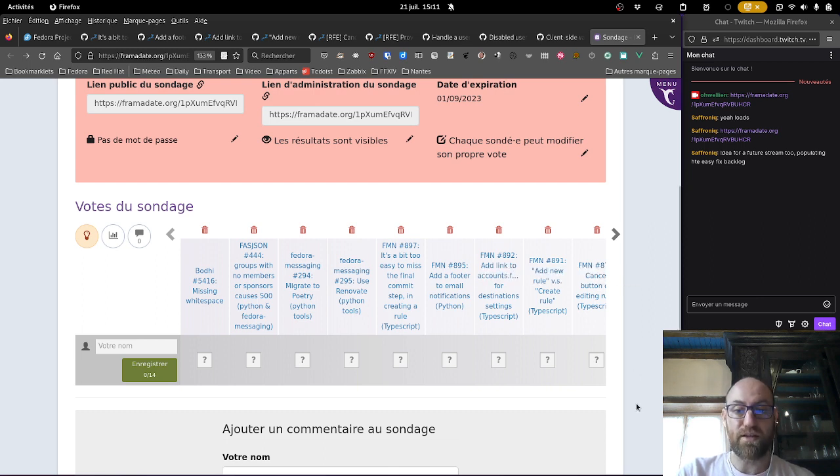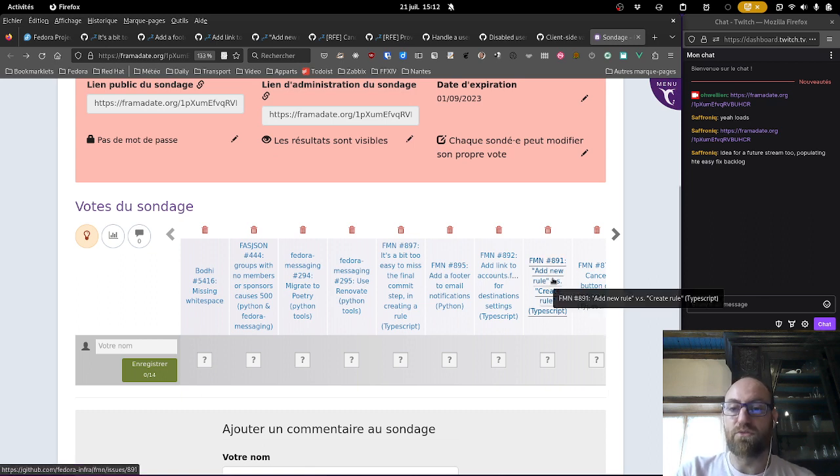All right, next one is adding some information on the FMN rule edit page, about where the list of email addresses and Matrix accounts and IRC accounts are coming from. It's coming from your account in Noggin, but that's not very obvious. So this one is about adding either some tooltip or some information somewhere that explains to the user where this is coming from. It's going to be TypeScript again for the same reasons as before. FMN's UI is in TypeScript.